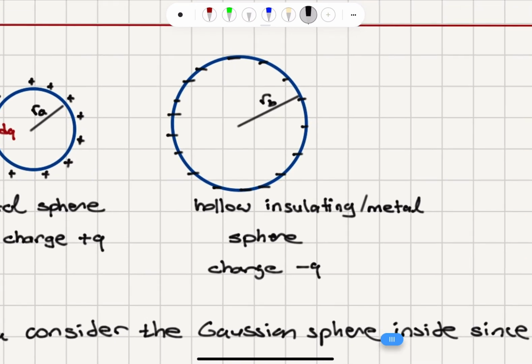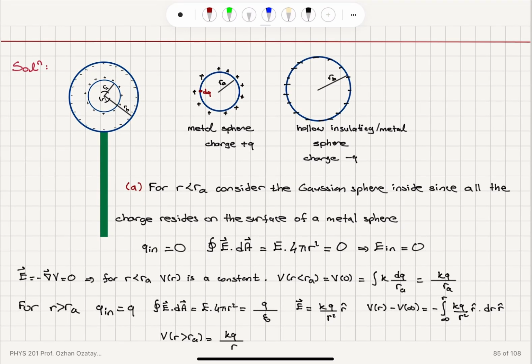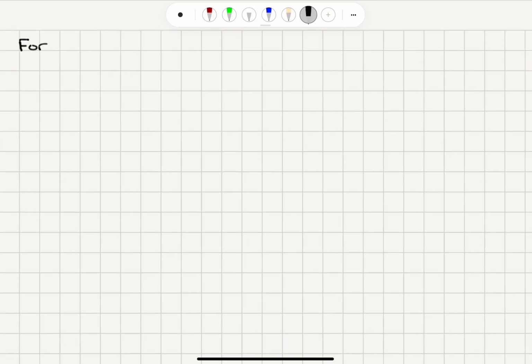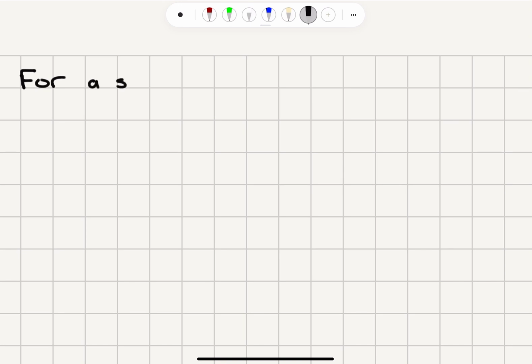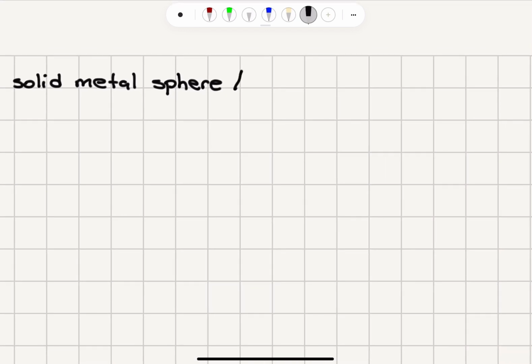So kq over r for r greater than r sub a. And it's going to be a similar situation for this hollow metal spherical shell. Inside, it's going to be kq over r sub b. Outside, it's going to be kq over r. So I learn from this calculation that for a solid metal sphere or spherical shell, it doesn't matter which one I use,